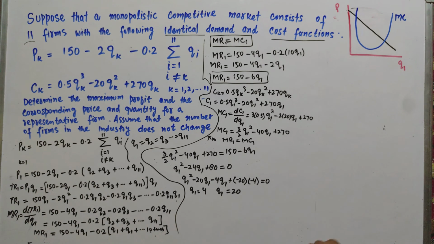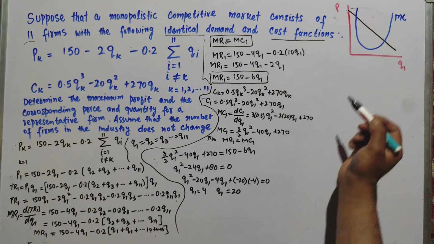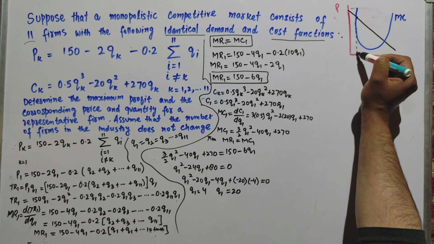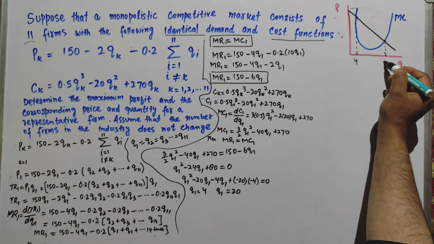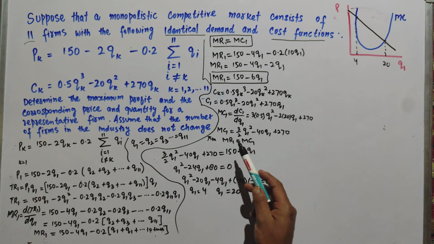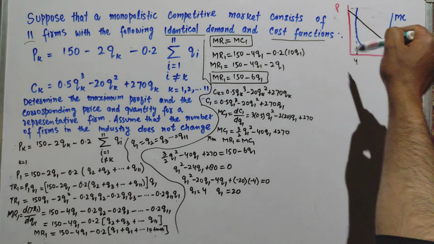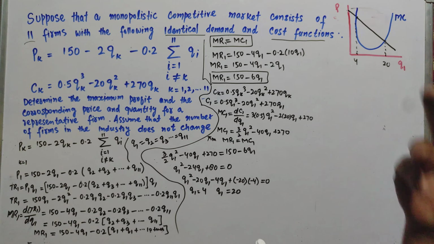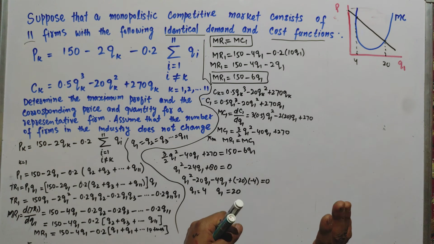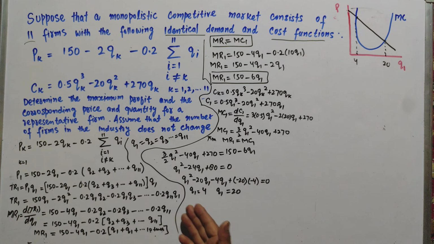in my limits. Okay, so at 2 points, the profit maximization condition, the first order condition, gave us two values of output where profit is maximized: when q1 is equal to 4 and when q1 is equal to 20. The marginal cost function here is a quadratic one, so it will look U-shaped. I'm not sure what kind of U, but the first order condition was used to find the values of q1, and we got two values